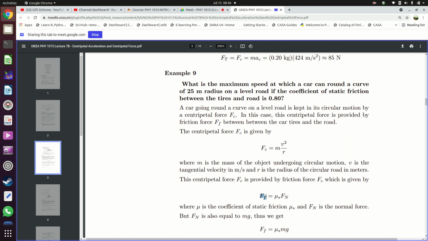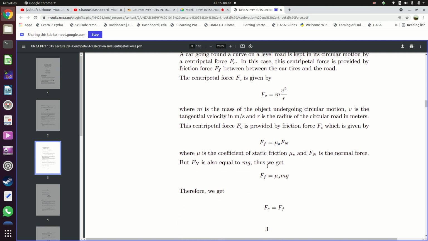The force of friction, we know, is equal to the coefficient of friction multiplied by the normal force. In this case, I think this is supposed to be mu k, since the car is going to be moving, it's not going to stop. We have static friction when the car has stopped, but in this case, because the car is moving, we're going to have the kinetic coefficient of friction. So this is supposed to be changed to mu k. I'll do that. So this friction force, Ff is equal to mu k multiplied by Fn, that is what is providing the